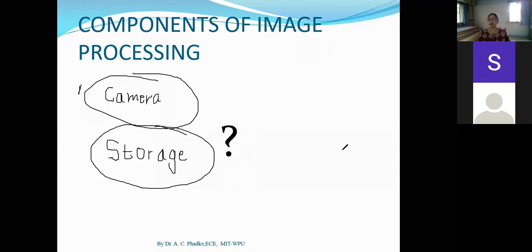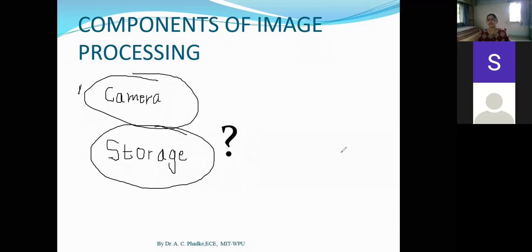Then Manas, can you elaborate it further, or can you give me the name of this component which can apply some algorithm on your acquired image? And for storage, for saving the data, you need some storage, like for permanent storage, you need a hard disk or USB device, or many other devices you can use for permanent storage.